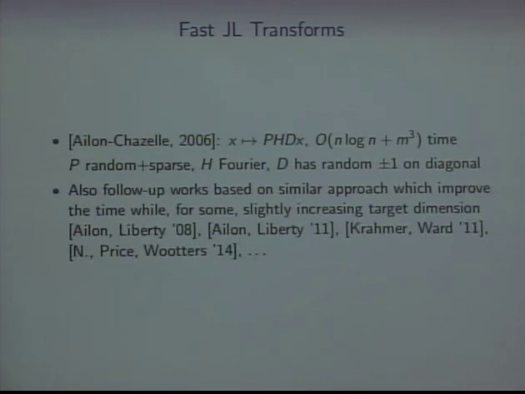And there has been work about speeding that up. Okay. So the first work that looked at speeding that up, asymptotically, was by Ailon and Chazelle, using what they call the fast Johnson-Lindenstrauss transform. And I'm not going to get into the details of how it worked, but the bottom line is you can embed a vector in n log n time, okay, close to n log n. And there have been subsequent works about getting that m cubed out of the picture, maybe at the expense of slightly increasing the target dimension.